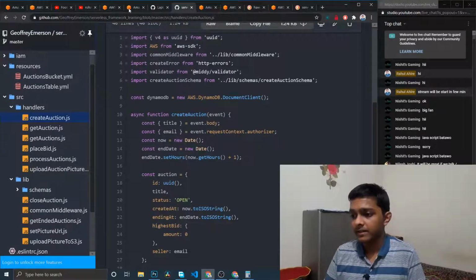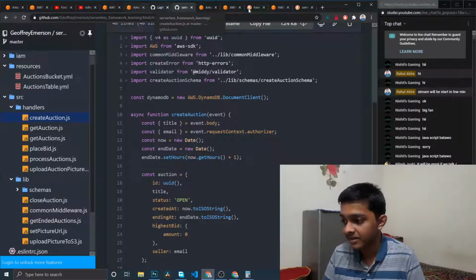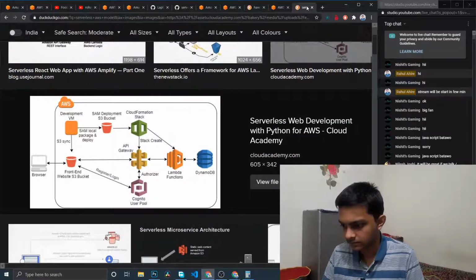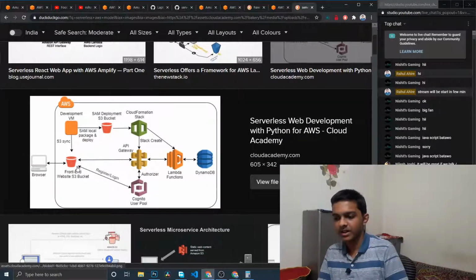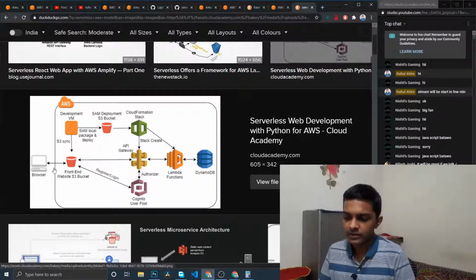So as I said, let's come back over here. You can see this is the basic architecture.